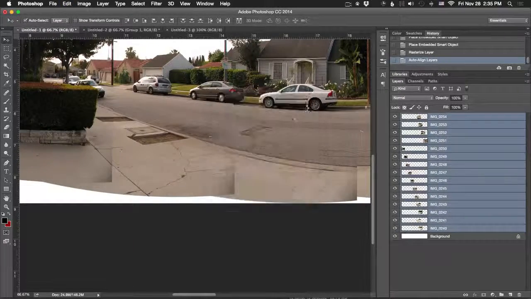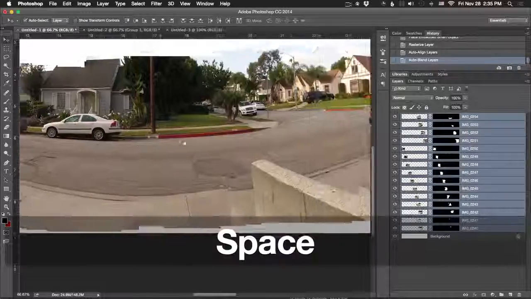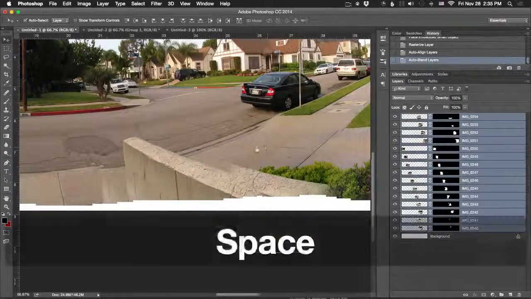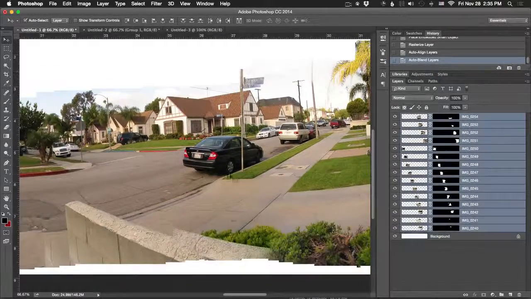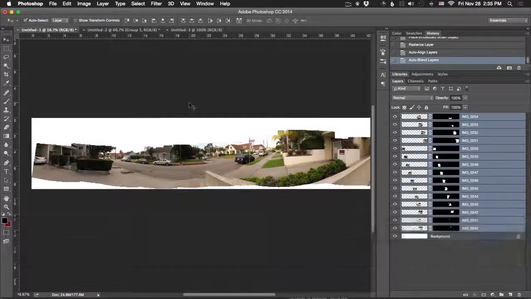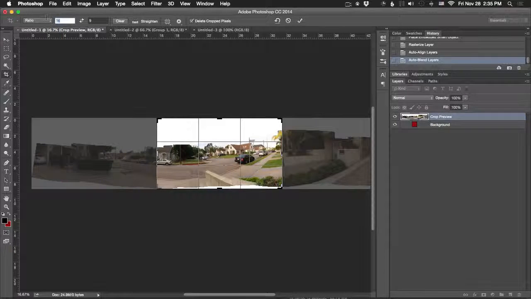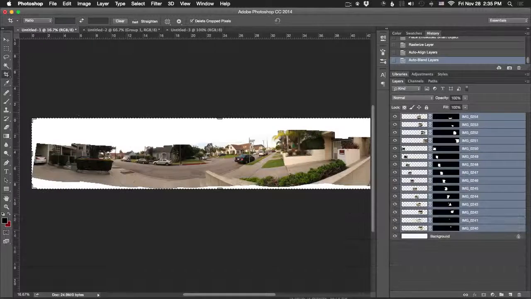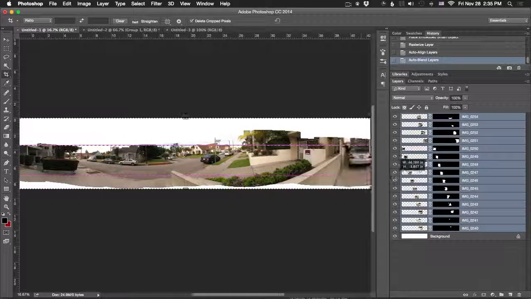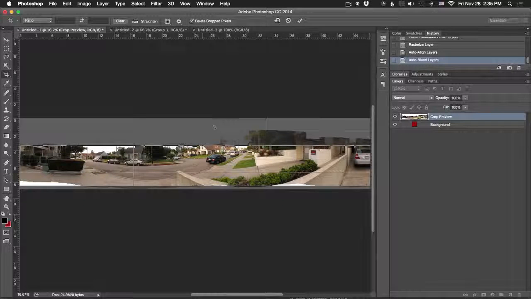So that's where auto blend layers goes into shape, and it takes it from this to something like this. There's still going to be a couple of problems. You'll need to go into Photoshop to fix it. I would probably go into something like this and just crop it. So let's make it so this is no ratio. Just going to use the crop tool right here. Yeah, get out of that. And just go across right here. And we end up with an image that looks